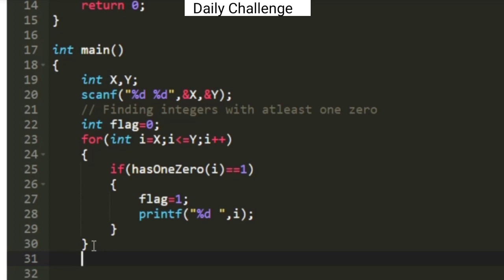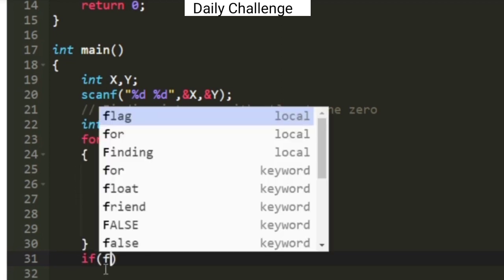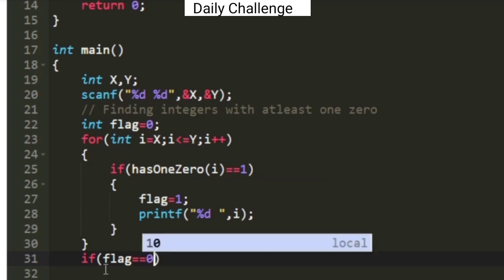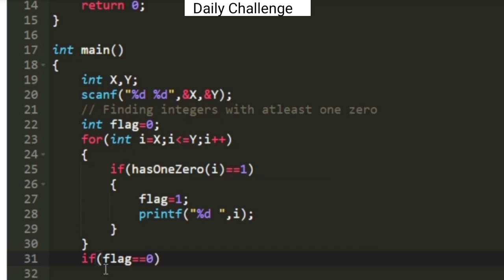But after the execution of the for loop, if the value of the flag is still equal to 0, it indicates that nothing has been printed and there are no integers between x and y which have zeros. In that case the value of the flag would be 0 and we have to print -1 as the output. So this is the logic.